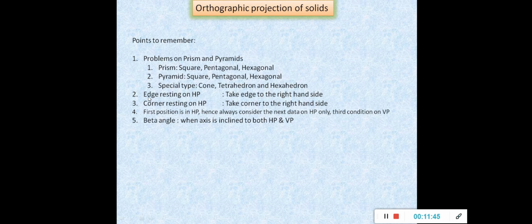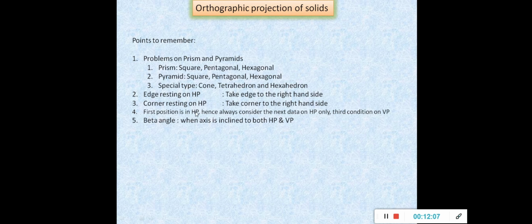Now the other thing you need to remember is the edge condition. When they give you an edge resting on HP, take the edge to the right-hand side. When they give you a corner, take the corner towards the right. Now always you need to understand that you need to split the problem into 3 different conditions. The first condition is to solve the problem with respect to HP. So always take the first position with respect to HP.